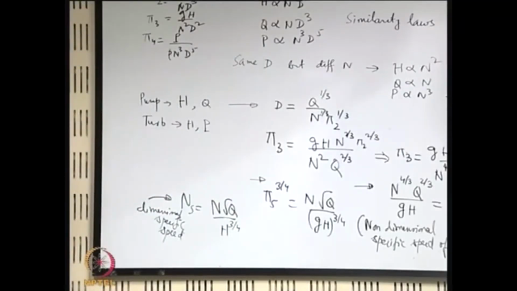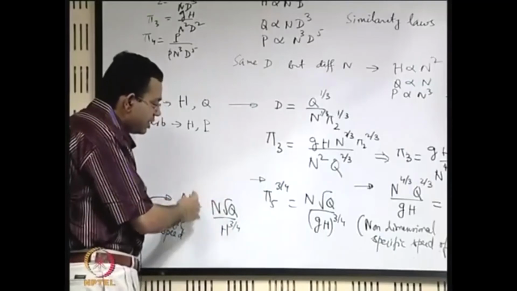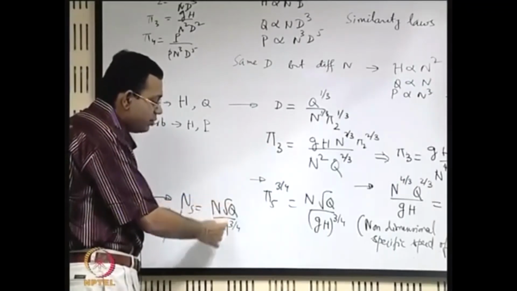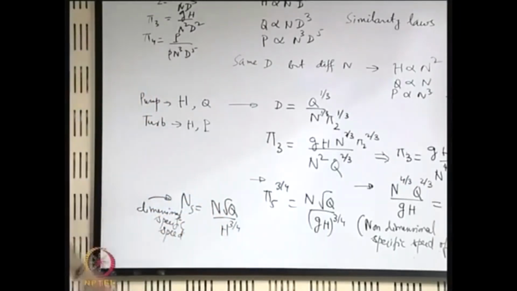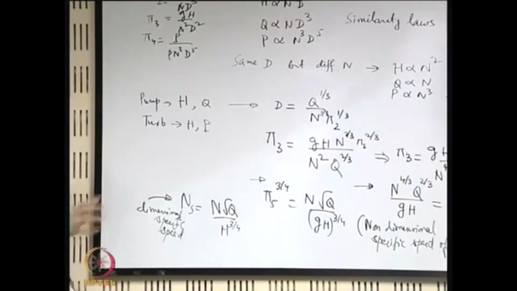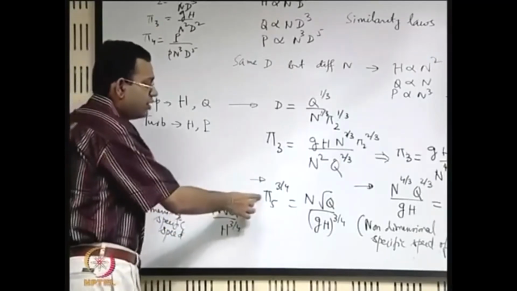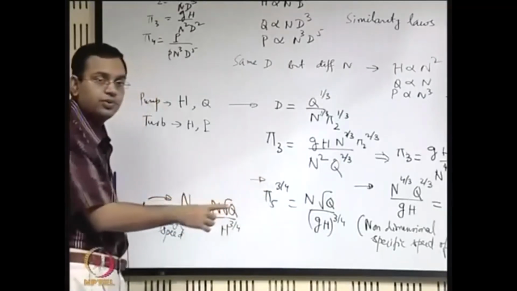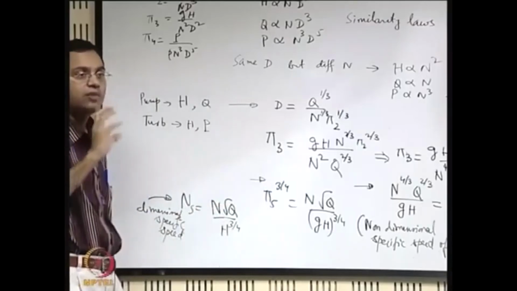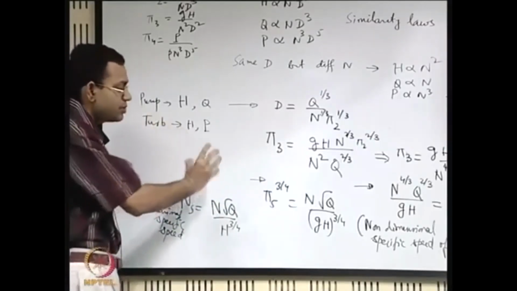So if there are geometrically similar rotodynamic pumps, then for another geometrically similar pump the speed is the same as the specific speed if q equal to 1 and h equal to 1. This is just a way of interpreting this, but the important thing is that it still holds that this parameter, or in fact this pi 5 to the power 3 by 4, is an important signature of homologous types of fluid machines, say homologous types of pumps.